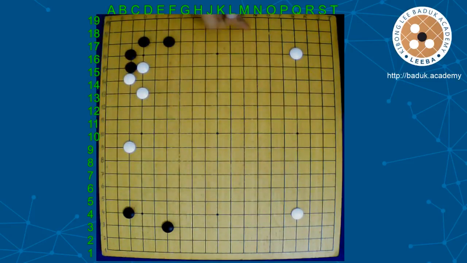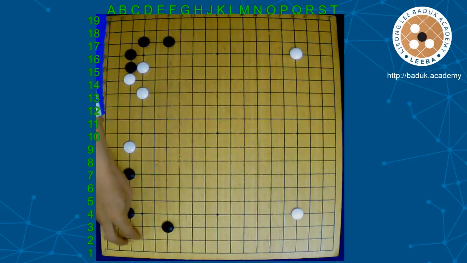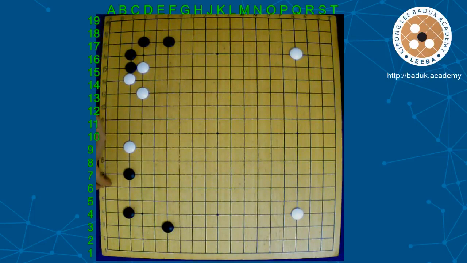Other points are just big moves, but this is the biggest move, because when black plays, black can defend the corner, and after this move, black has a good follow-up. Black can invade here, and